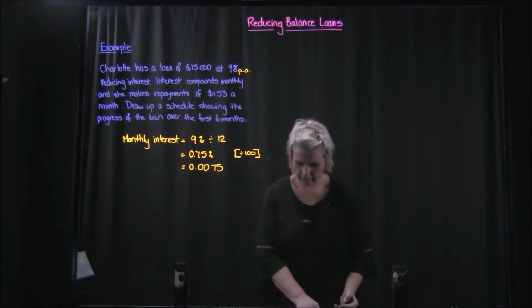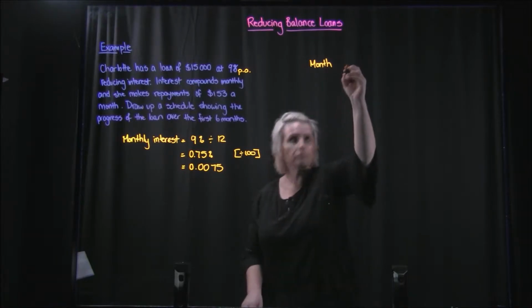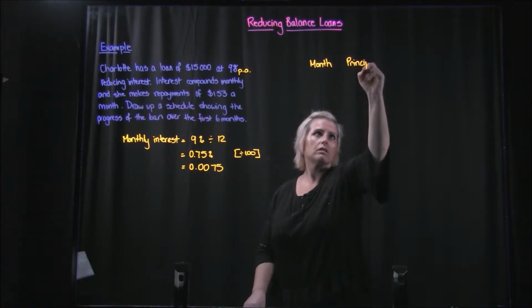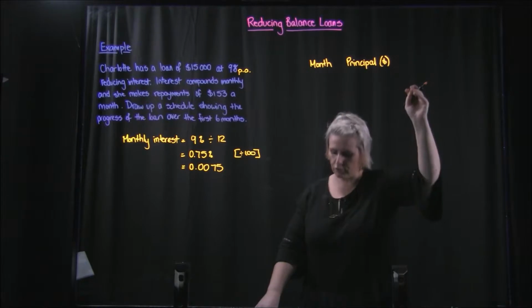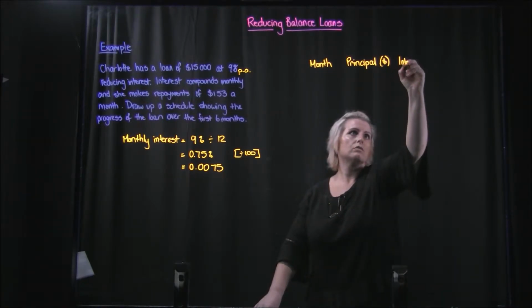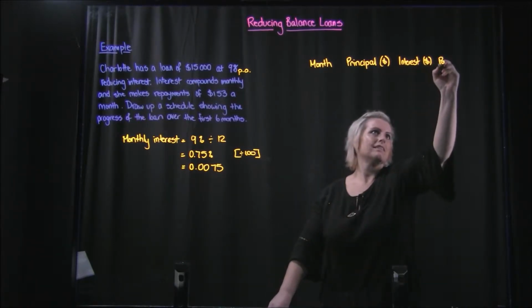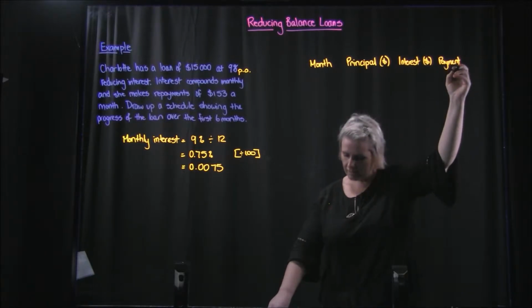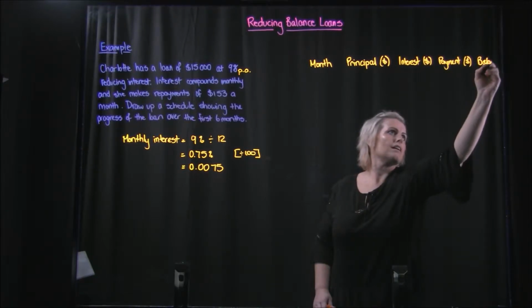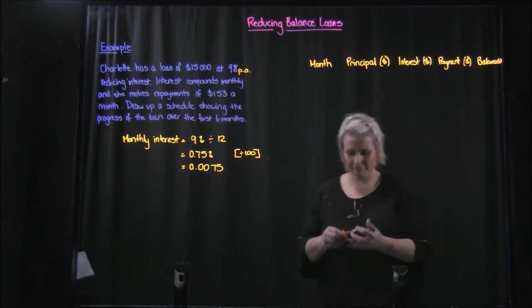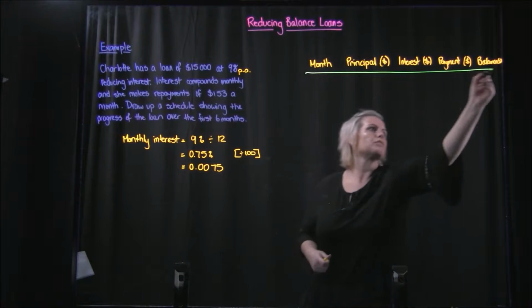From there, we can draw up our table. So, month, in the first column, our principal in dollar amount, that way we don't have to write dollars every time. Our interest, oh, hope I left enough room here. Payment in dollars and balance in dollars. Yeah, didn't leave enough room. That's okay. All right, so if we draw the table in,